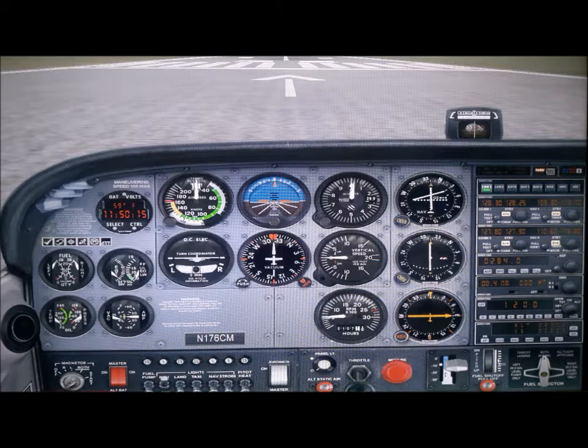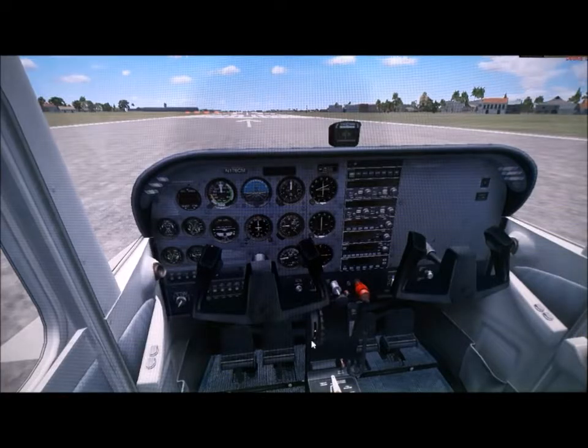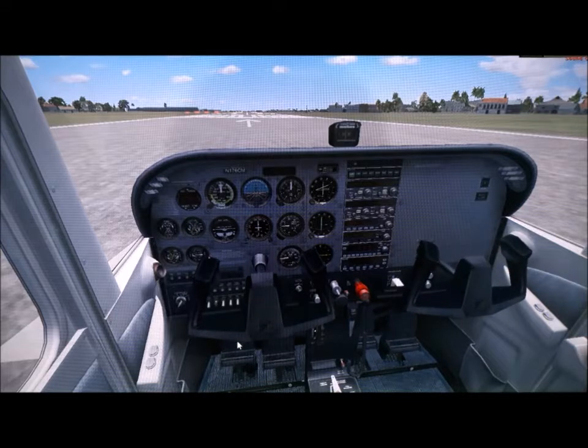Okay, a couple of things to watch during the takeoff. At around 60 knots, we will pull the yoke and rotate the plane for takeoff. We'll keep watching this attitude indicator. Let us switch to a 3D view. So for takeoff, we will watch the speed at around 60 knots, then pull the yoke, watch the horizon for about 15 degrees. Once the climb is stabilized, we will switch to the autopilot.